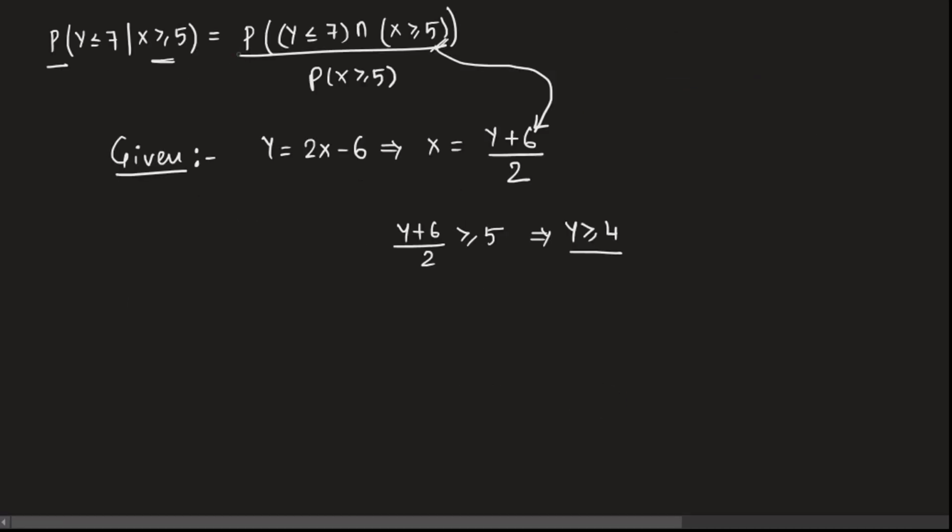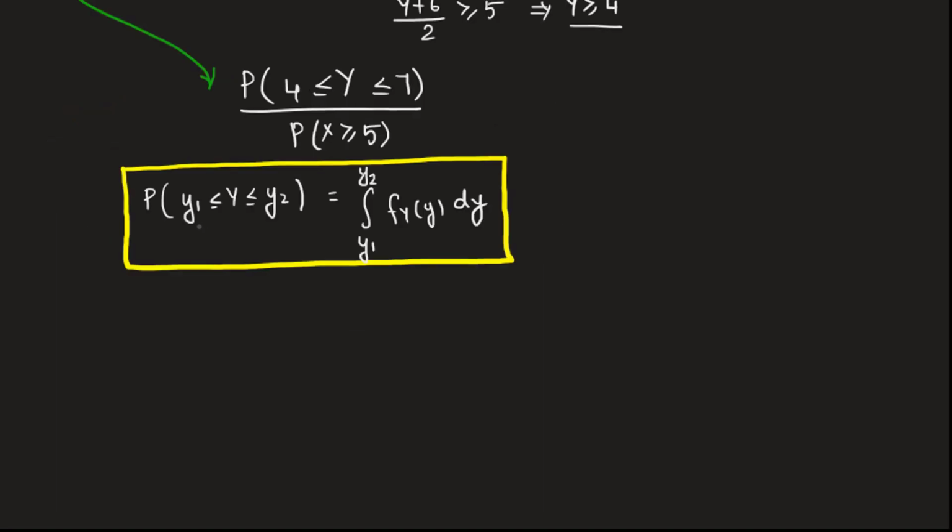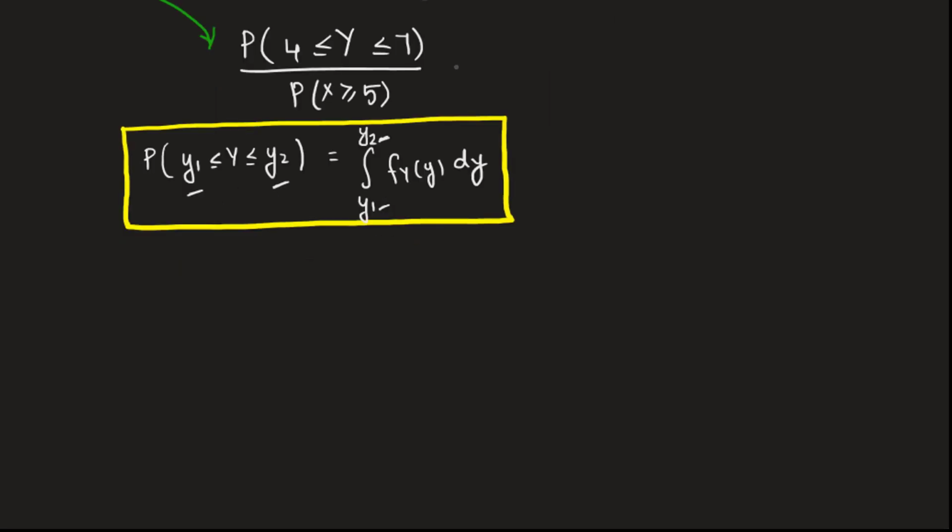So this probability can be rewritten as the probability that random variable y lies between 4 and 7, divided by the probability that random variable x is greater than or equal to 5. The probability that the random variable y lies between two limits y1 and y2 can be simply obtained by calculating the integral of its PDF between those two limits. So the given question can be rewritten as